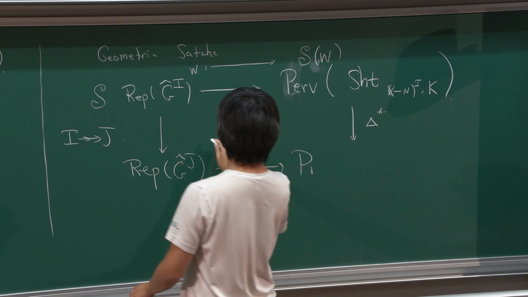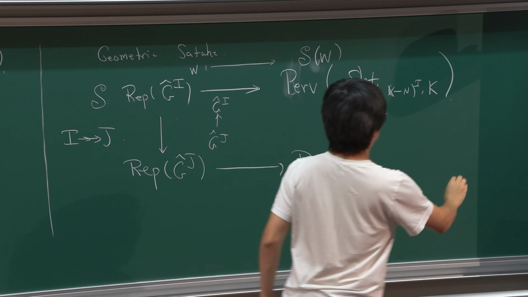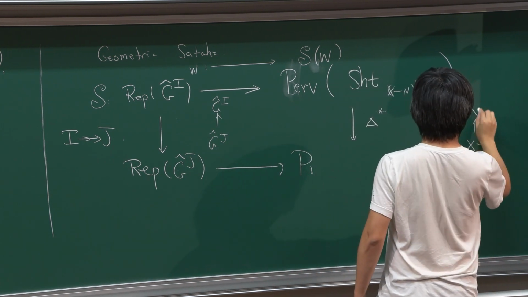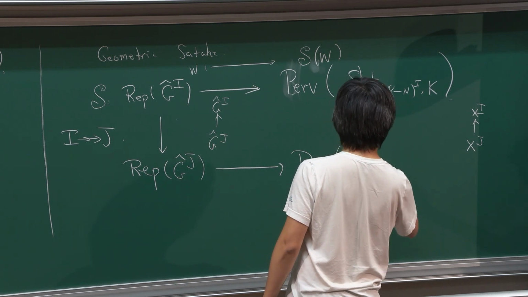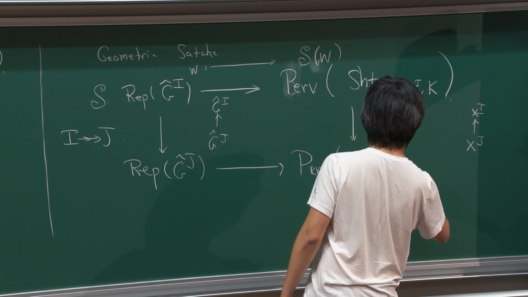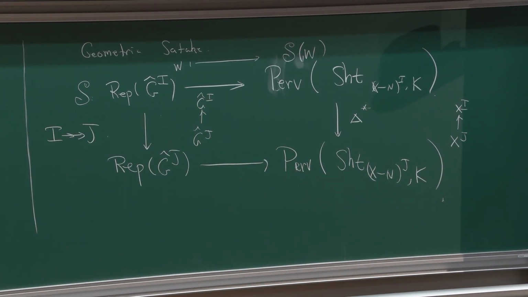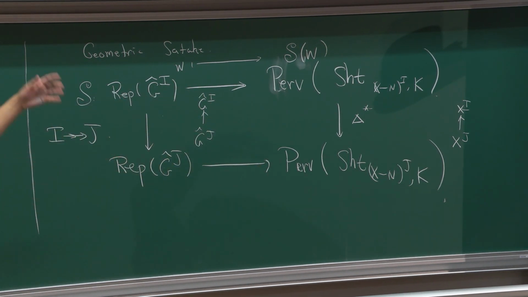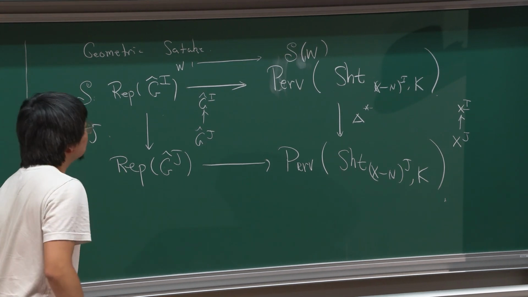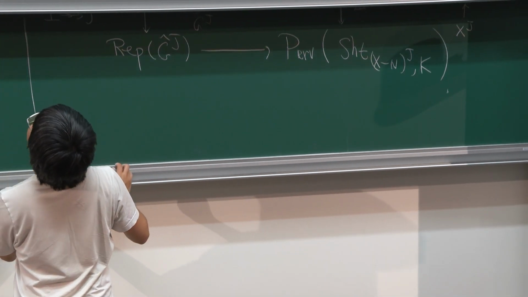You have the curve here, and so you have this commutative diagram. This is what geometric Satake provides you. And then, as in Zhiwei's lecture, you can take the